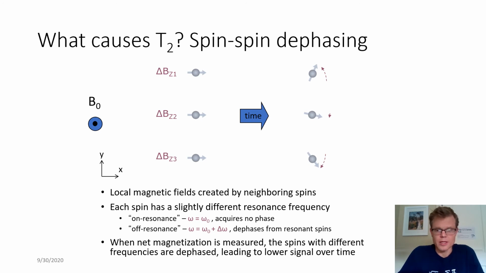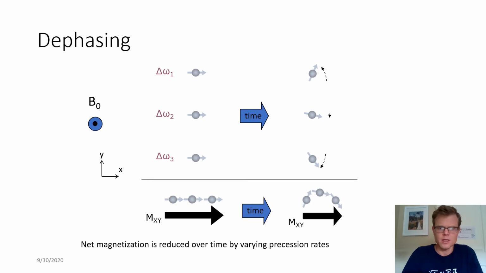When we look at the net magnetization, that's the sum of all these individual spins. And the fact that they're spreading out and being oriented at different angles impacts the net magnetization, which I aim to show in the next slide. So this slide is showing that,